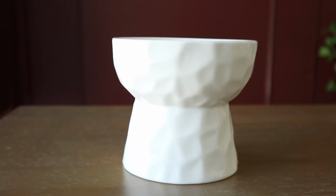Okay, first item is this little ceramic stand. This definitely would make a cute plant stand or a light. Both of the ends have an open top, so we'll see what we make with this,